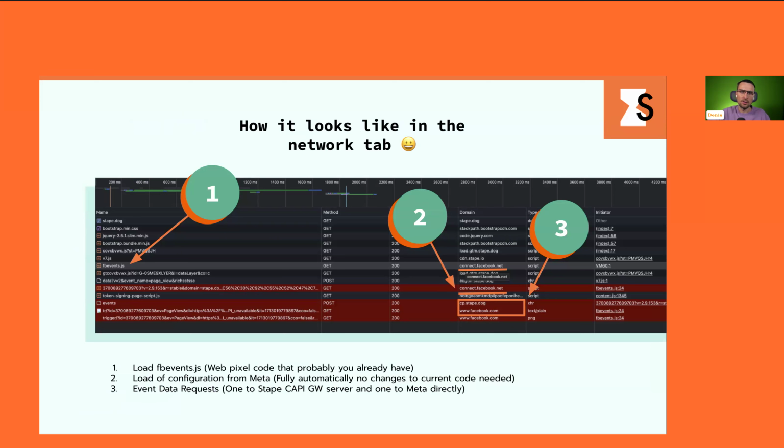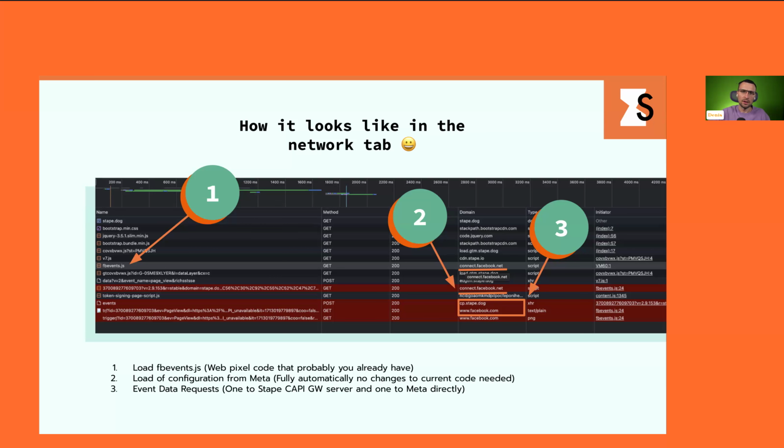Yeah, as you can see on this screenshot, fbevents.js loaded when your Facebook pixel loaded on the page. This Facebook JS file is modified after you connected your pixel to CAPI gateway. The second request shows that the configuration of this pixel loaded from Meta servers. Inside this configuration file, there is a directive to send requests to your connected CAPI gateway. In our case, this is